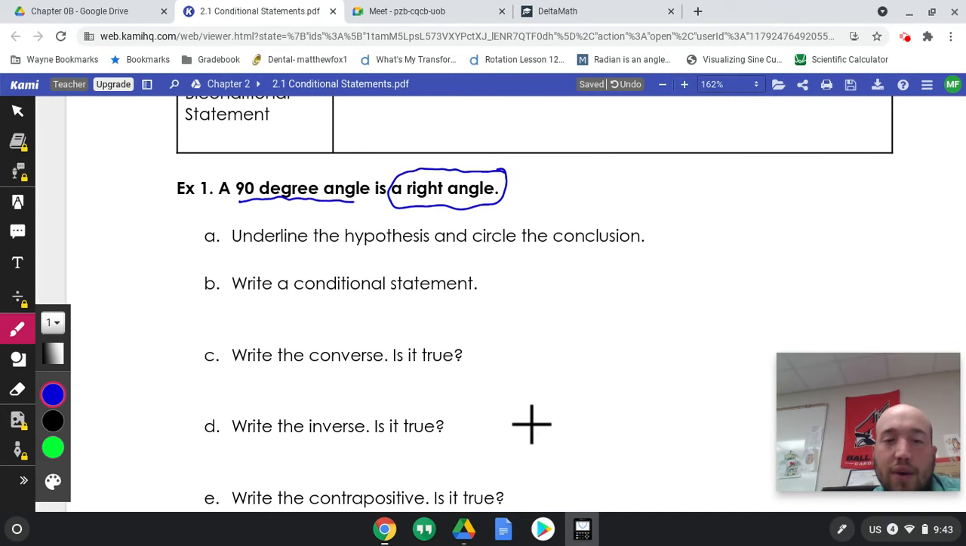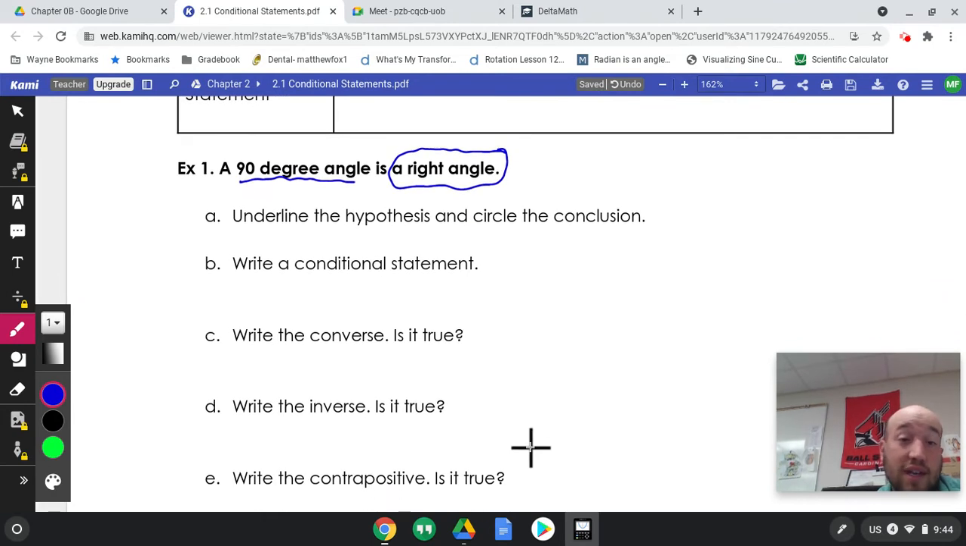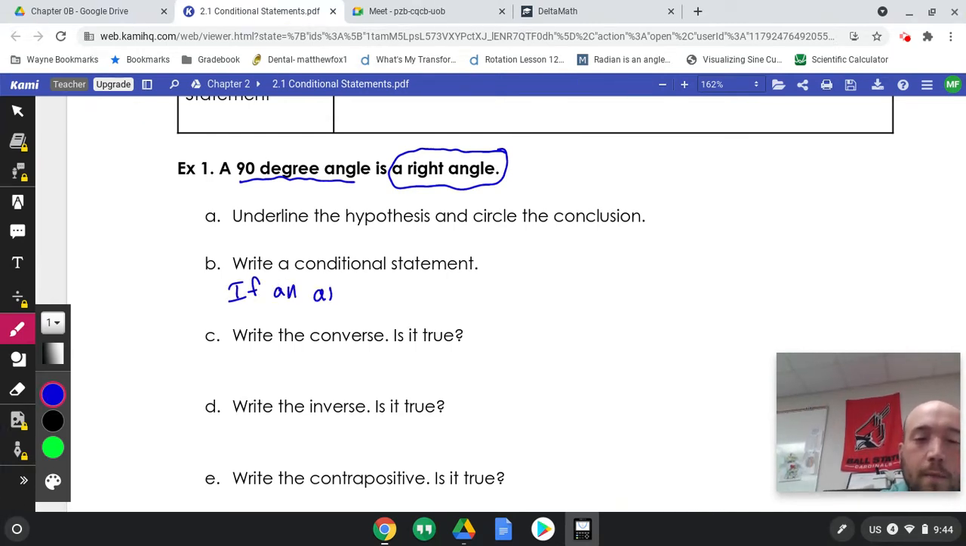Now we want to use proper grammar, right? I know it's not English class, it might seem like it today. We need to put this in a way, we can't just say if a 90-degree angle, then is a right angle. That doesn't make sense. Okay, so we need to say something like if an angle is a 90-degree angle,